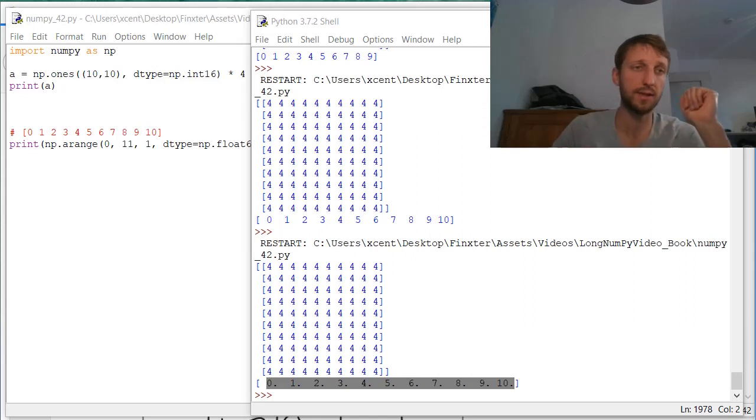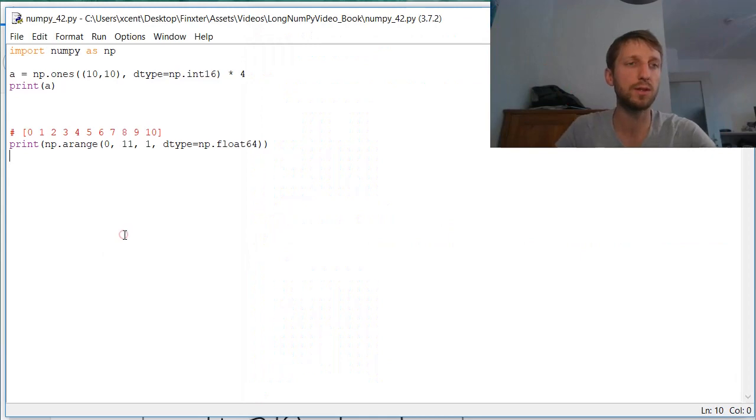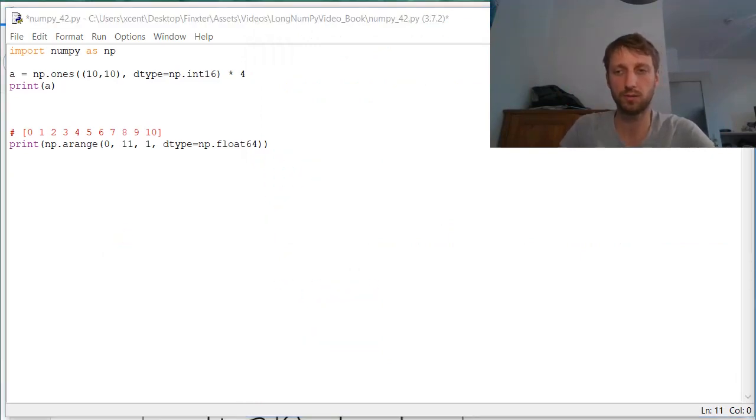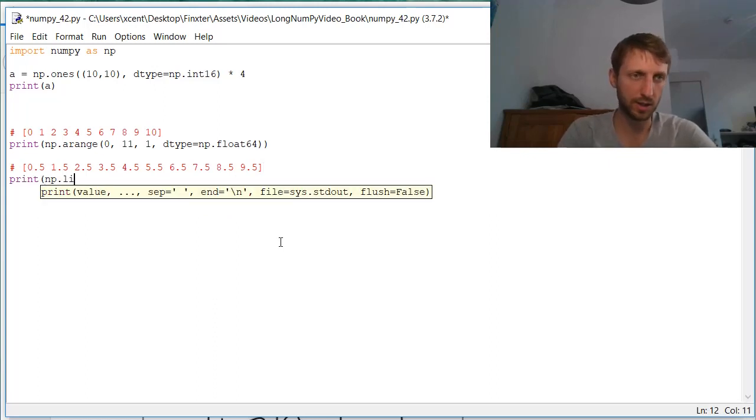So in this case, for example, if you want to have a sequence from 0.5 to 9.5 with equidistant differences, and we want to have, say, 10 values in between, then we would use the NumPy linspace function. Yeah, so suppose we want to have this sequence, which I just copied, from 0.5 to 9.5. Yeah. Now, how can we get this? Basically, we would use the linspace function,